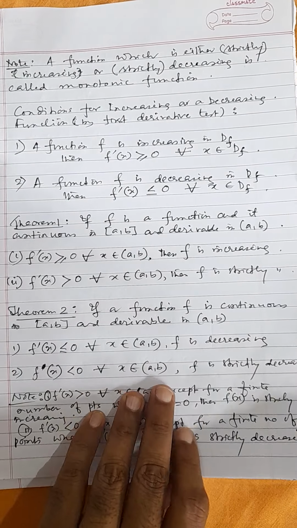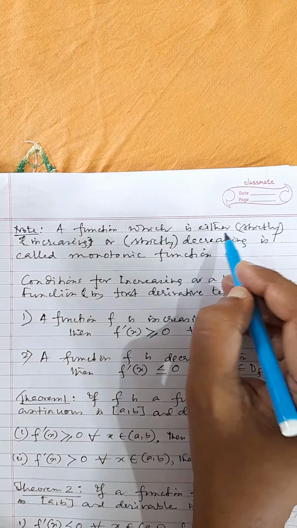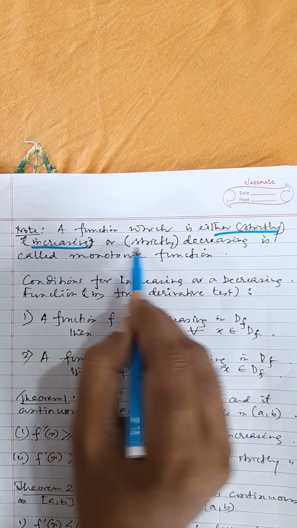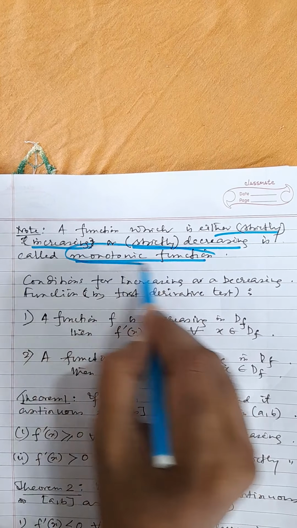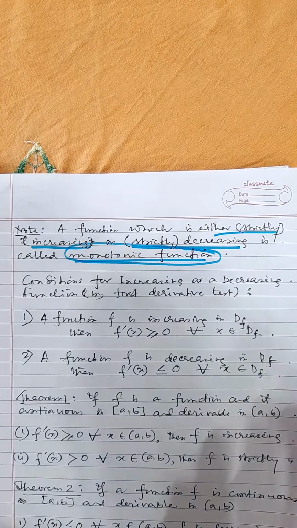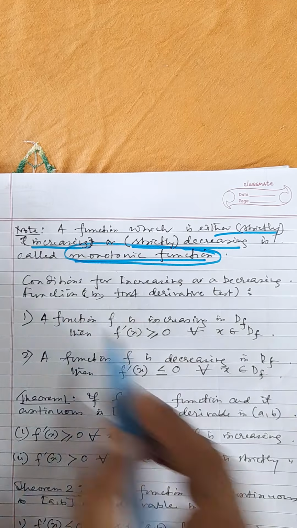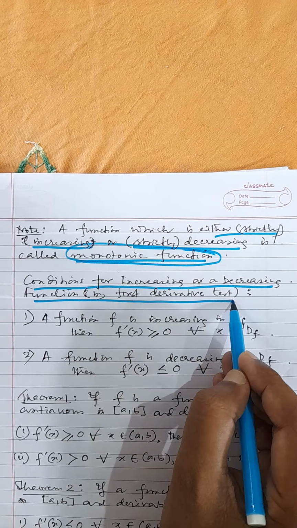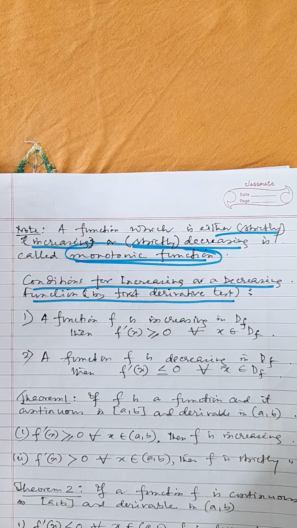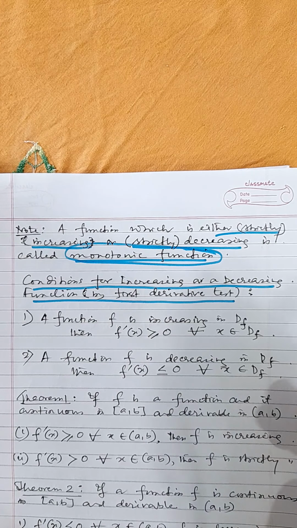If a function is either only increasing or only decreasing, strictly or otherwise, that function is called a monotonic function. So which is a monotonic function? One which is either increasing or decreasing. So what are the conditions to test an increasing or decreasing function? We can test with the help of the first derivative test also. Whatever concept we learned earlier, you can use that, or here we can use the first derivative